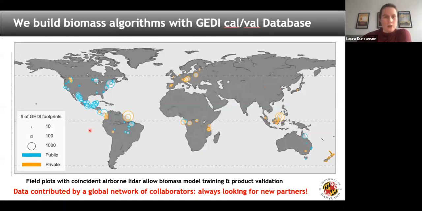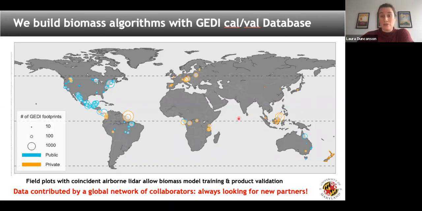Every single one of these circles is a place where we have field data, and we have airborne LiDAR that we've made to look like GEDI data. About half of it in blue is publicly available data, so data you could go online and download, and about half of it is not publicly available. They're wonderful collaborators who we have signed data sharing agreements with, that we are not going to release their data, but they have very graciously allowed us to use their data to help us build better biomass algorithms for the mission. So you can see that we do have a lot of data all over the world, but we do have a lot of geographic data gaps.